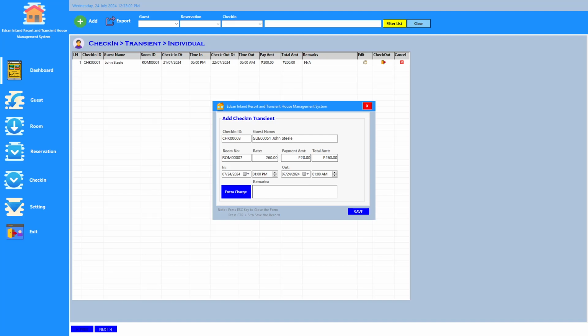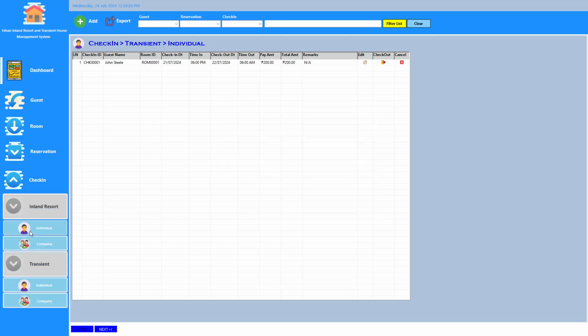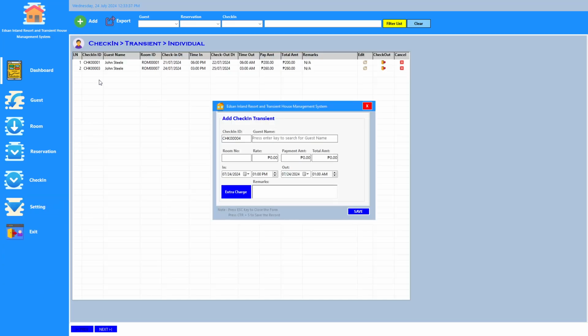Payment amount is 260. The check-in date is July 24, 2024. Time is 3 p.m. The checkout date is tomorrow's date, and the checkout time is 3 a.m. Save. Transient has been successfully saved. Check-in, transient, individual. So it shows you John Steele, room 7, and this information.